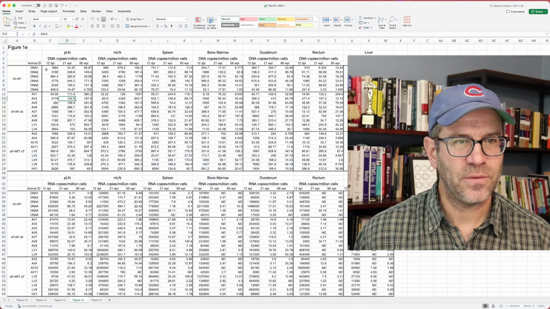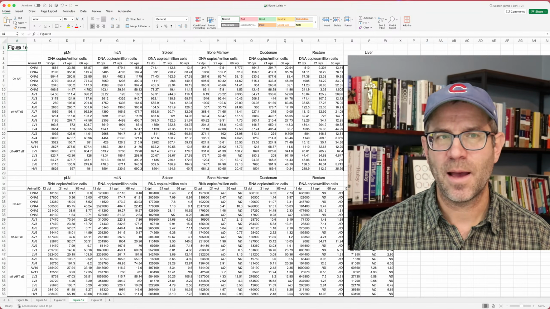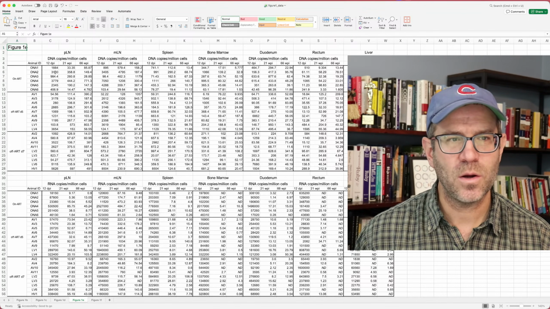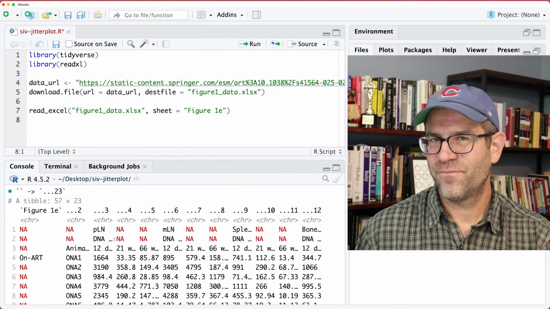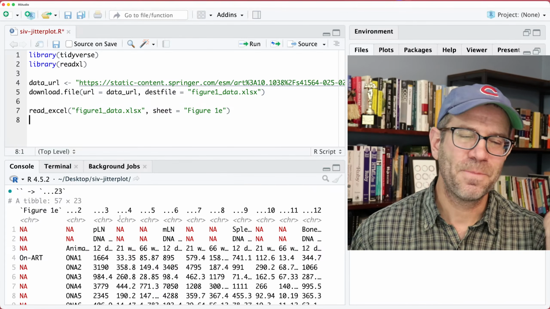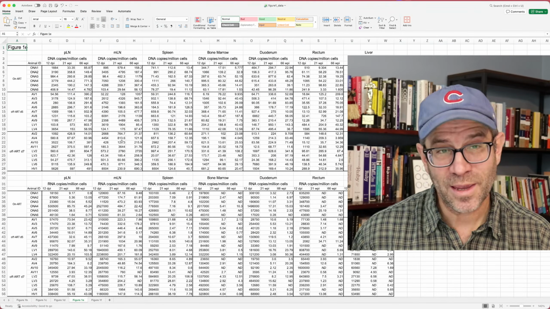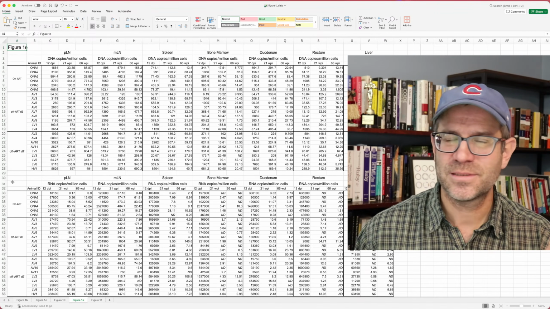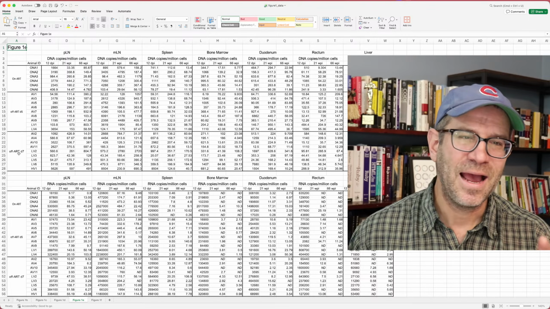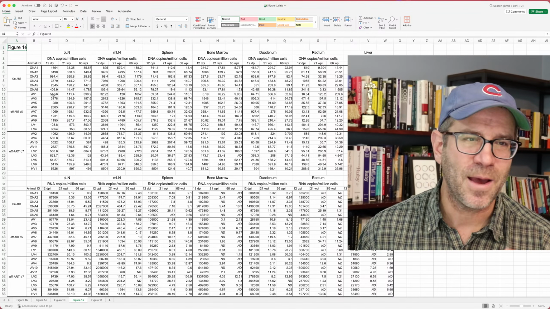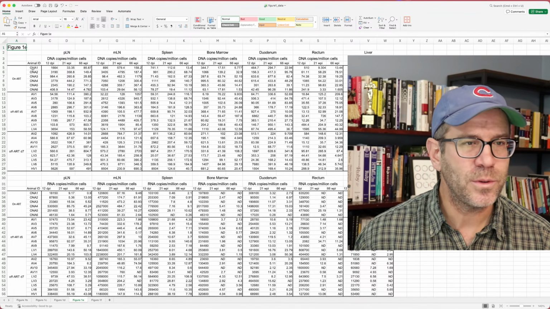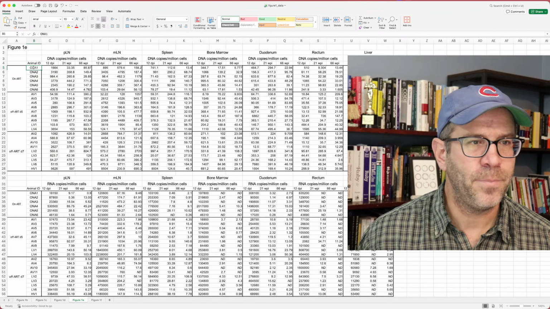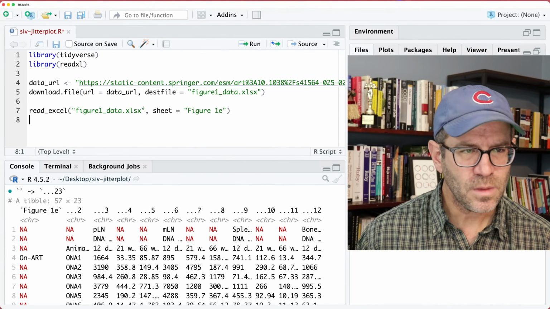And so if I look, I see I've got figure 1E up here in A1, and then I've got a whole bunch of blank stuff, and then on subsequent rows, it's just kind of formatted gnarly, right? So I encourage people, when you're working in Excel, to start in cell A1 with your data. Don't do this cell merging garbage. It looks pretty, but it's really hard to work with computationally. All right, so what we will do is I'm going to start up here in B5,